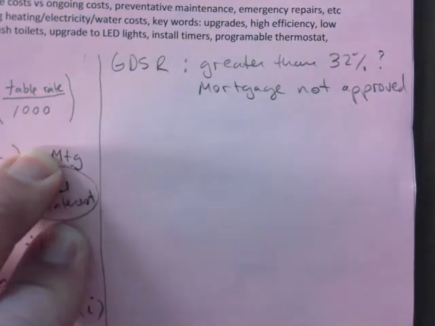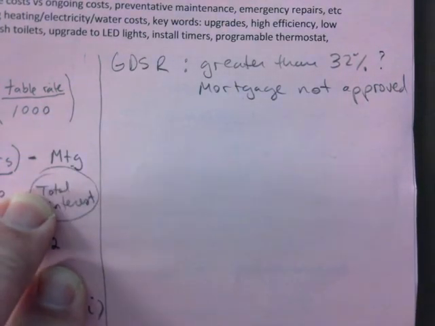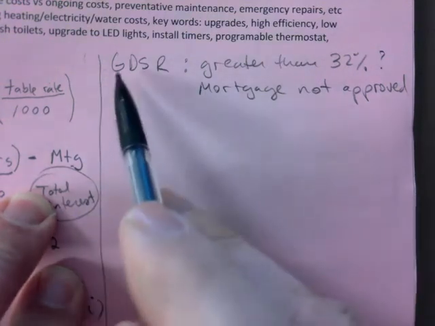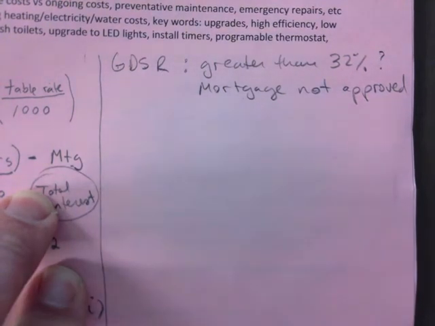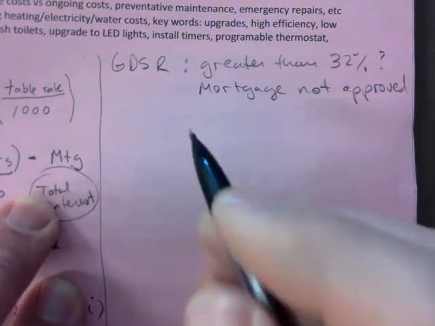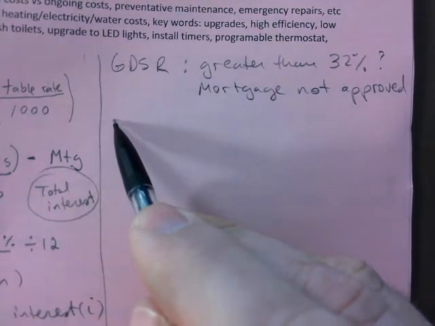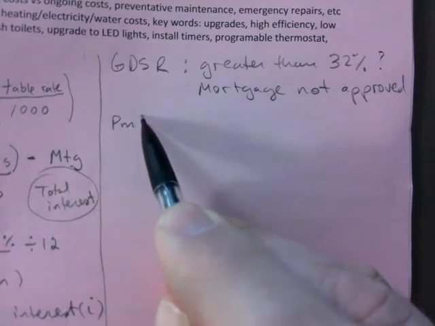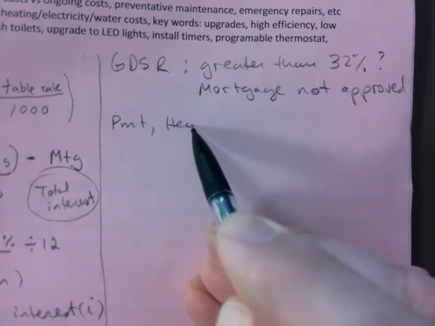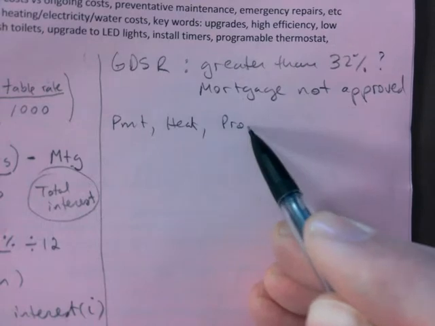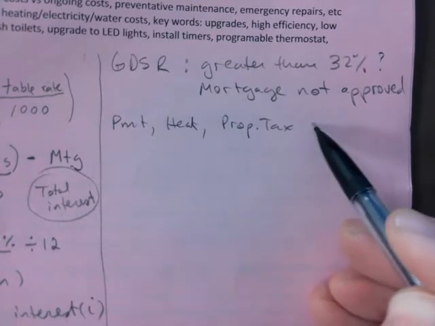Okay, that's basically one of the main concepts about the GDSR, the gross debt service ratio, is that your housing cost is going to be about a third. So if it's over 32%, you're not going to be approved. Okay, and so make sure that the payment, heat, property tax, and income,